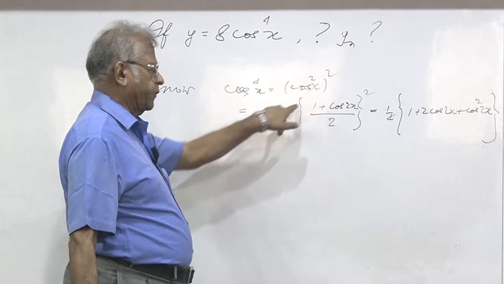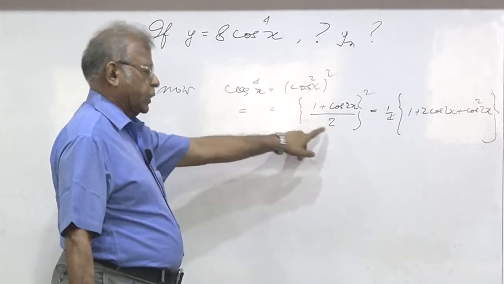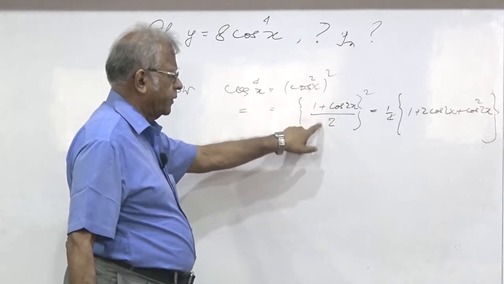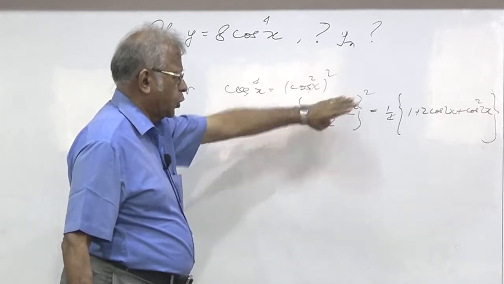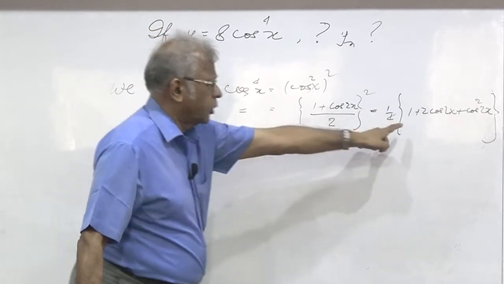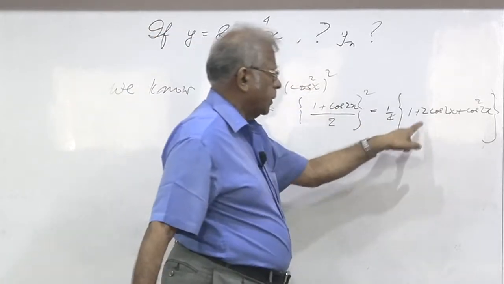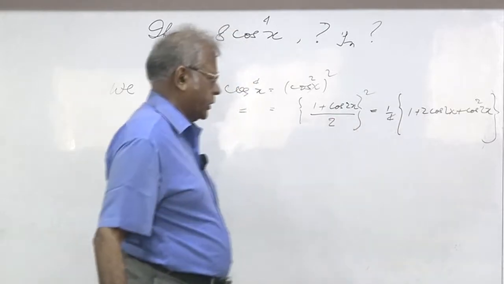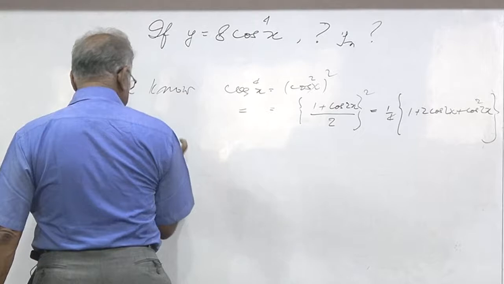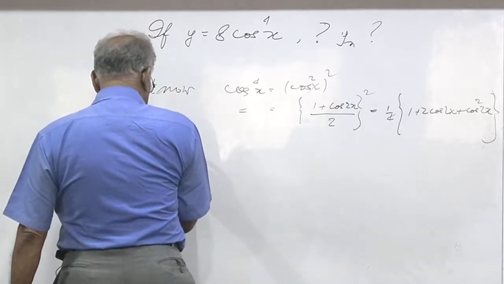Cos square by itself is half of 1 plus cos 2x, that squared. This comes as 1 by 4, and 1 plus cos 2x whole square is 1 plus 2 cos 2x plus cos square 2x. Now we carry on by writing this as being equal to a quarter of,